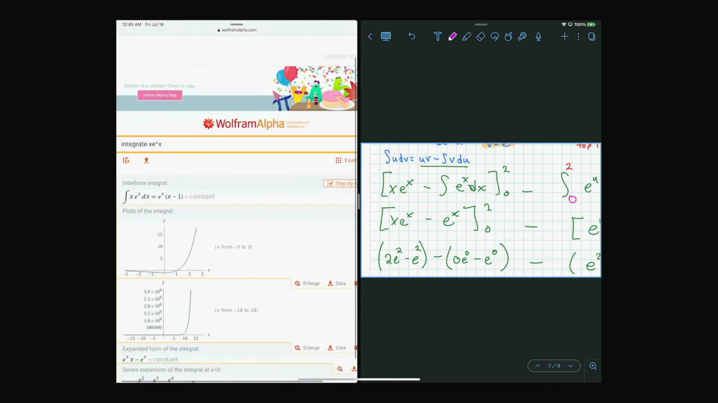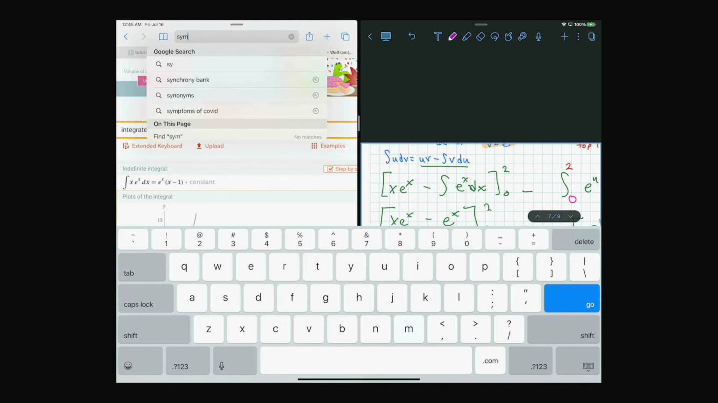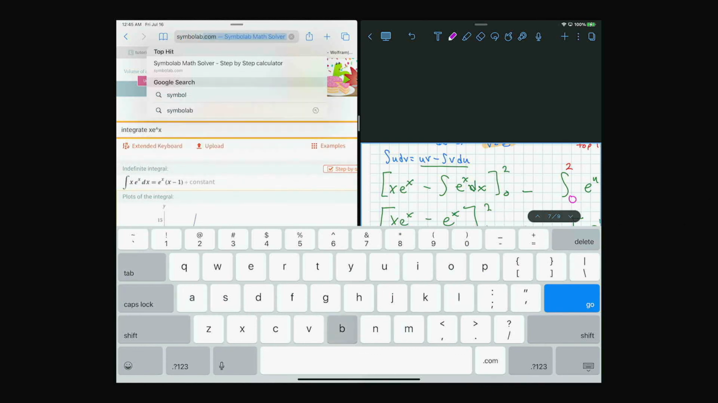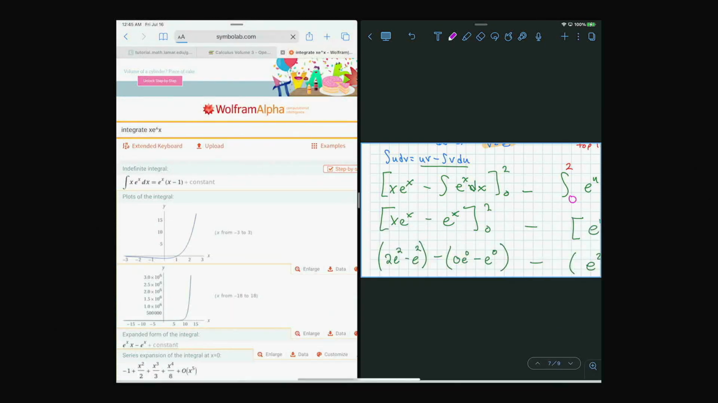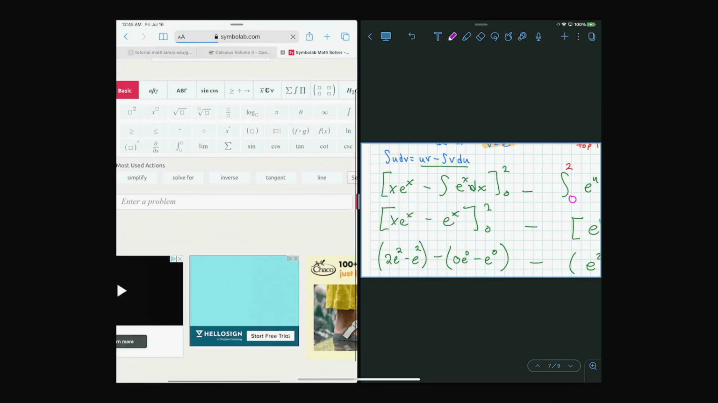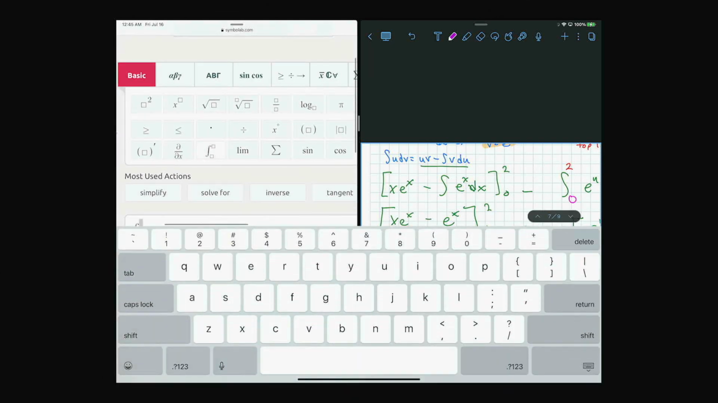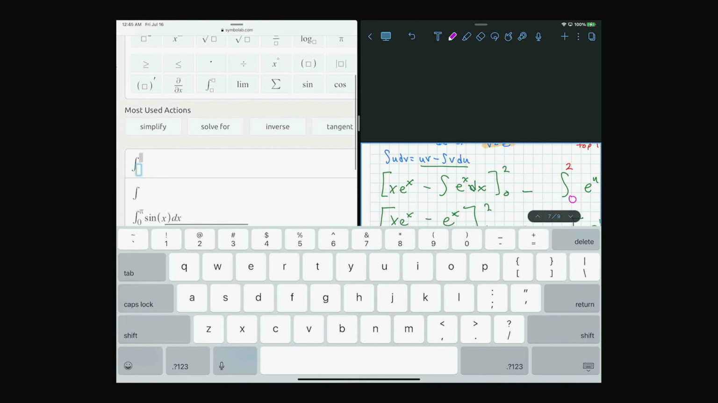If you're trying to figure out how to do it, Wolfram Alpha is not your best bet. What is your best bet would be symbolab.com. This site is good for checking integrals because if you wanted to know how to do this, you can find the integral symbol, the list of things it does, and then you can. It's not the easiest on an iPad here, but I can go 0,